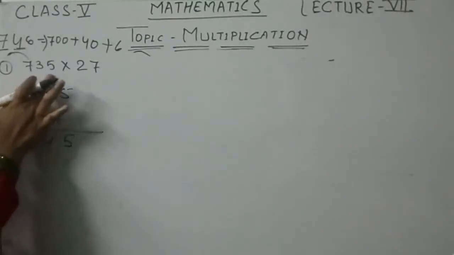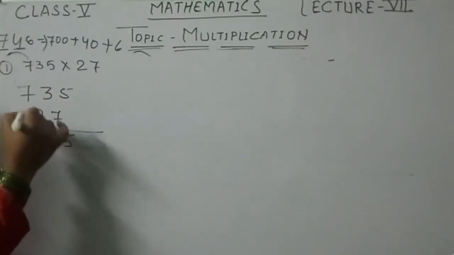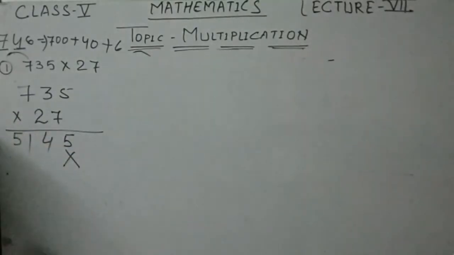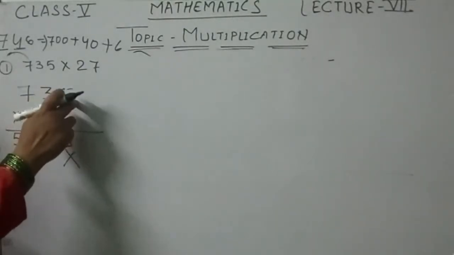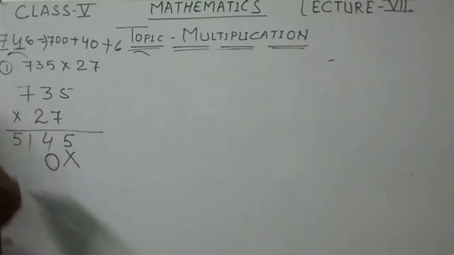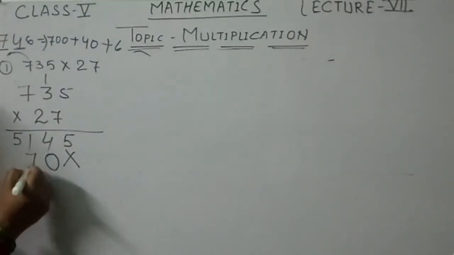Okay, then again what I told, when you have to multiply with the second number, first work is here, you have to put the cross and then you read the table 2, how many times? 5 times, 2 5s are 10. What do we have to write here? 0 and carry is 1 here. 2 3s are 6 plus 1, 7. 2 7s are 14.